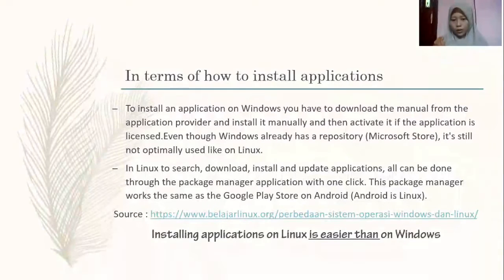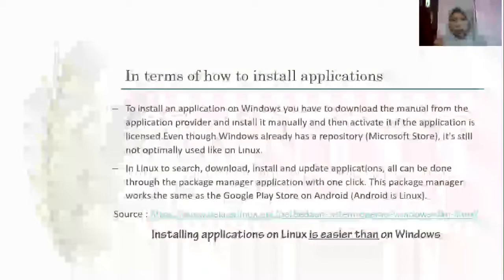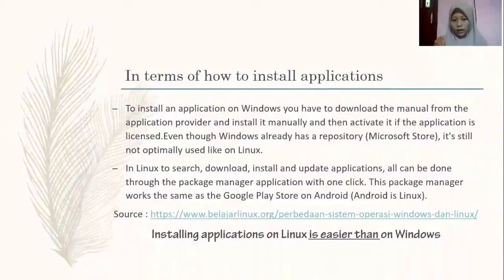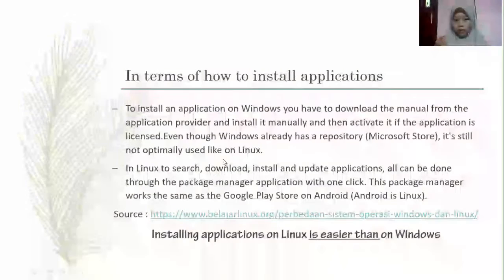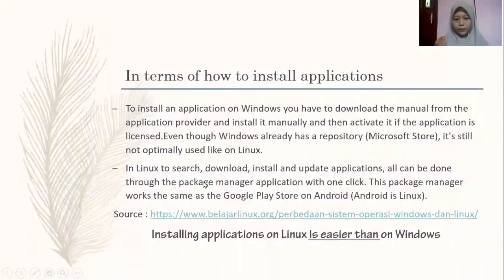In Linux, to search, download, install, and update applications, all can be done through the Package Manager application with one click. This Package Manager works the same as the Google Play Store on Android. Android is Linux. If you want to know more about how to install applications on Windows or Linux, please check this link. So, installing applications on Linux is easier than on Windows.